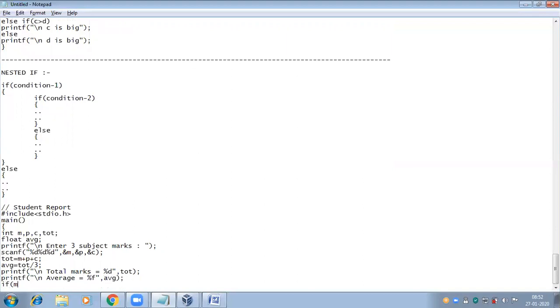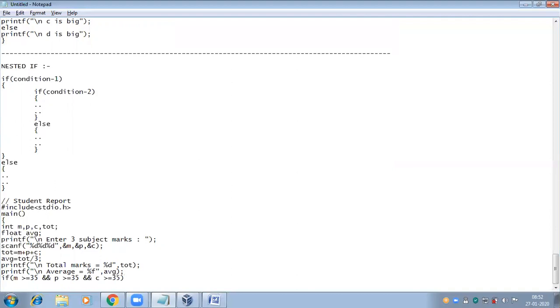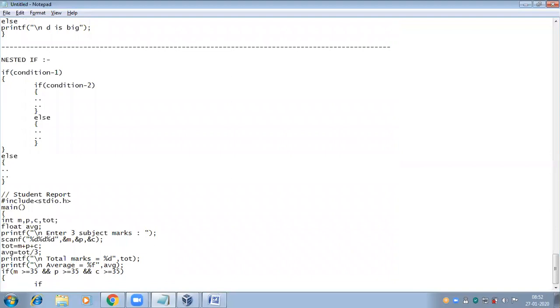Then I'm taking the condition: if M is greater than or equal to 35, P is greater than or equal to 35, and C is greater than or equal to 35. If all conditions are true, then here I'm taking the average, because if the average is 50, one subject may have failed. So if I'm not checking the condition again, we may get some wrong result.